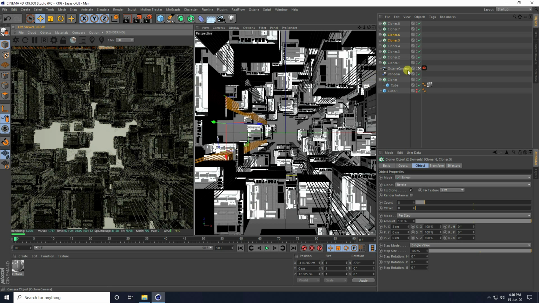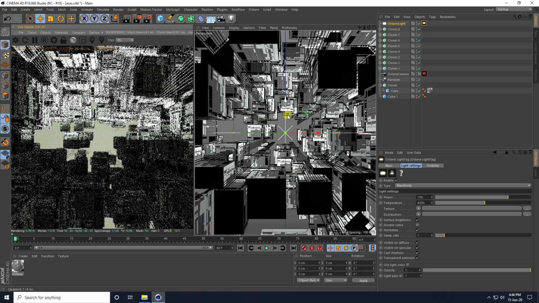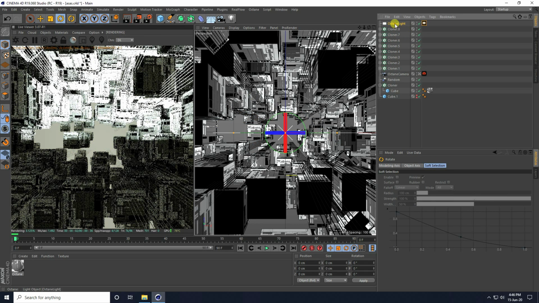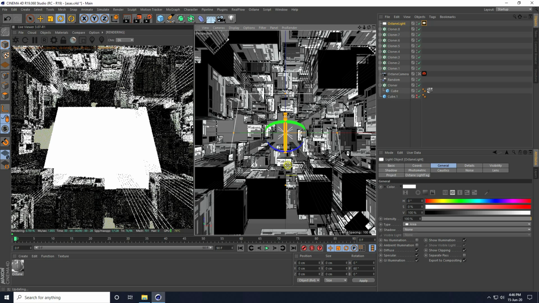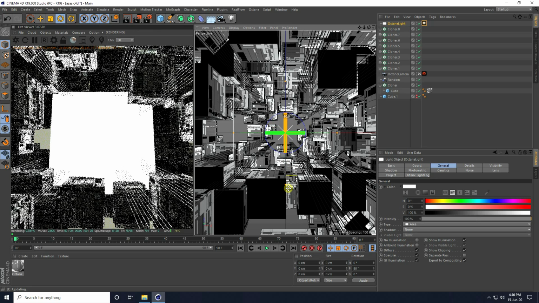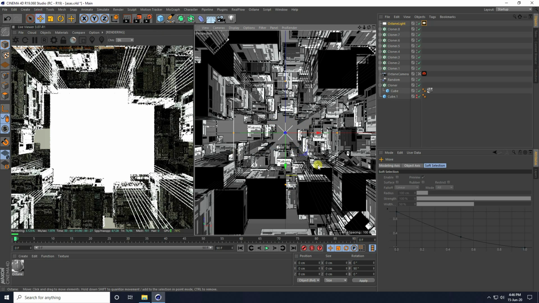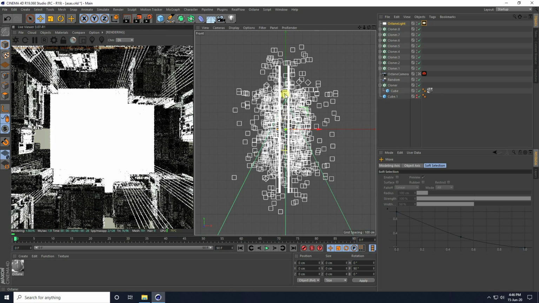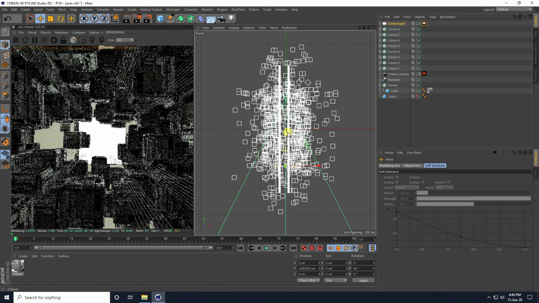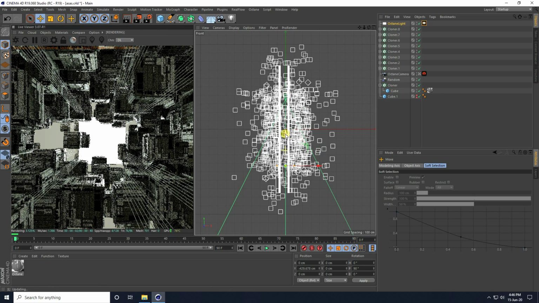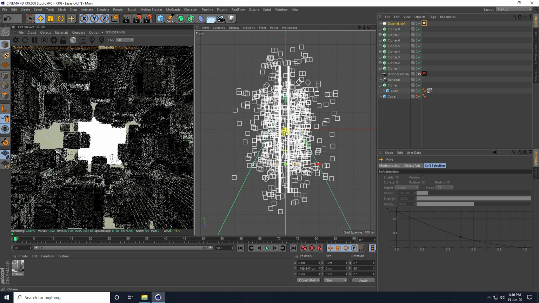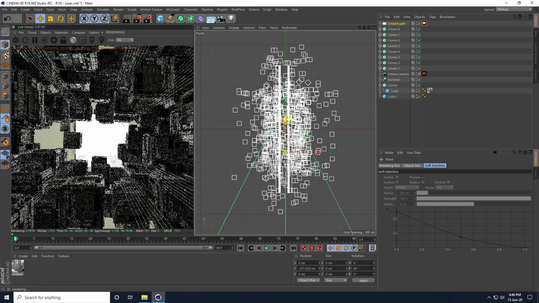And now guys, I take light, so use an area light, this one, Octane area light, and rotate this light. So select this light and rotate like 90 degrees. Yeah, and go down. Yes, right.